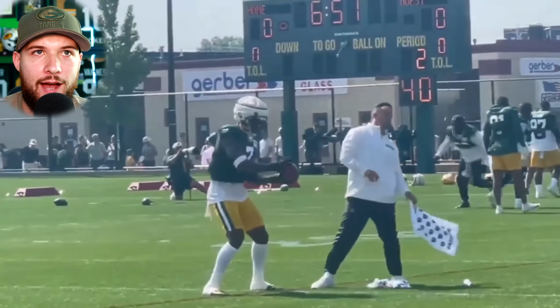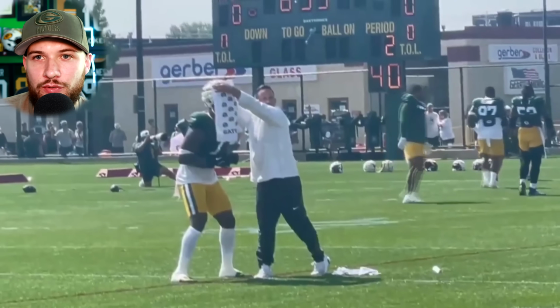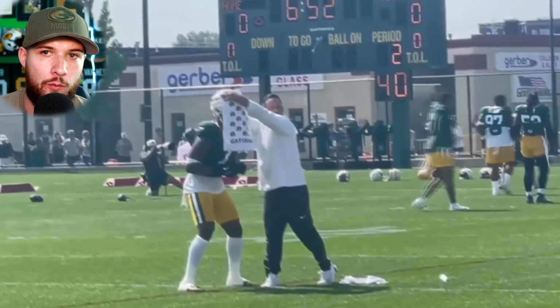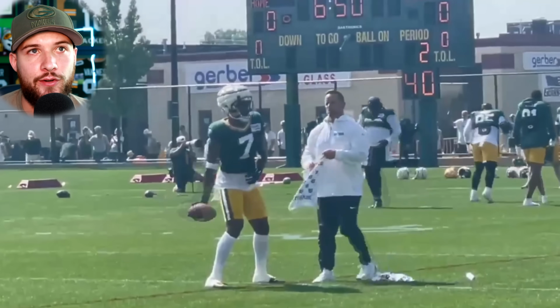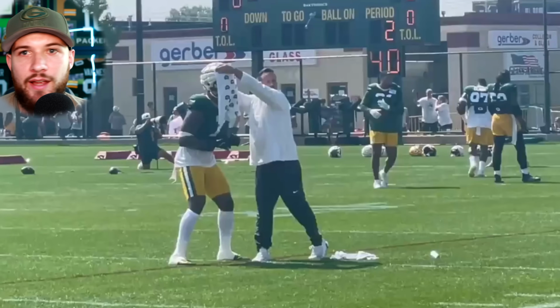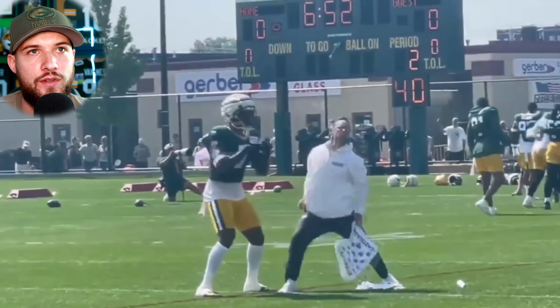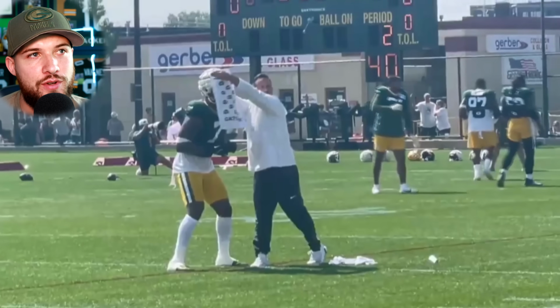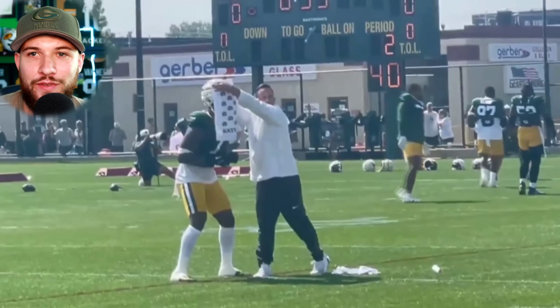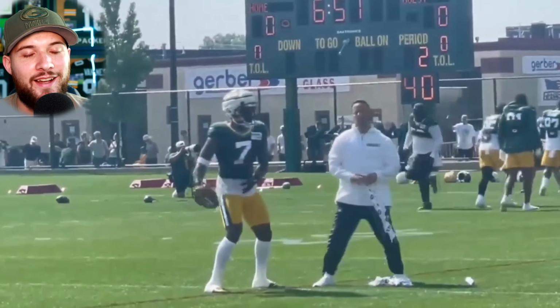Edgerrin Cooper is still out, so if we have any chance of seeing him in preseason game 2, he'll probably have to practice tomorrow. So tomorrow will be a big sign for some players that are still out to potentially contribute in preseason week 2. That includes Carrington Valentine, who has still yet to return to practice with that hamstring. Who knows if we'll see him at all during preseason. Obviously, hamstrings are injuries that we're used to seeing as Green Bay Packers fans, and it's not something to take